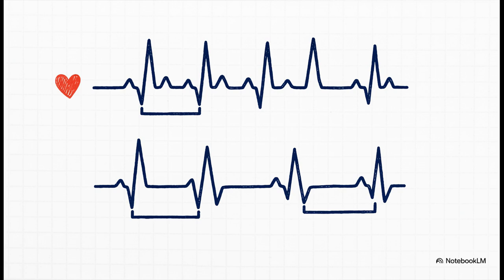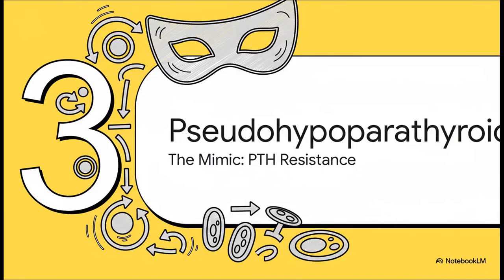And on an ECG, this shows up as a prolonged QT interval. This is a classic must-know association and a potential emergency, so definitely commit this one to memory. All right, so now that we have that foundation, let's make things a little more complicated. We're moving into the territory of a great mimic,